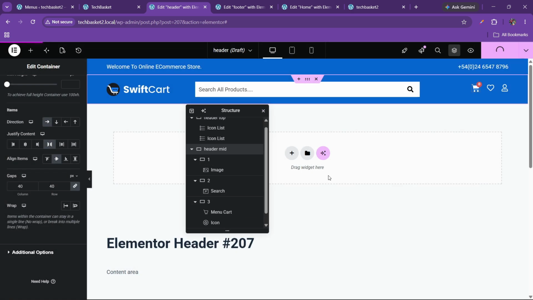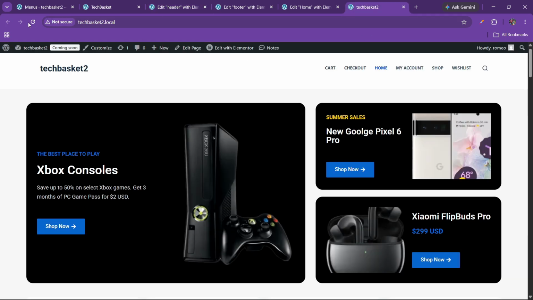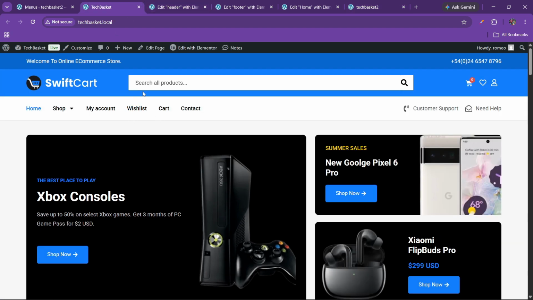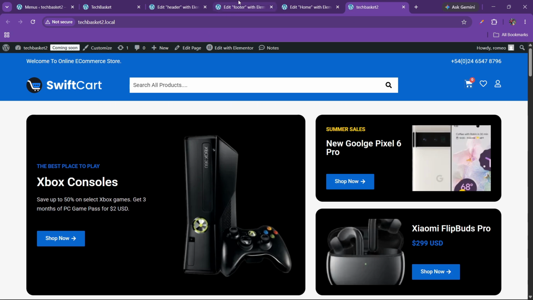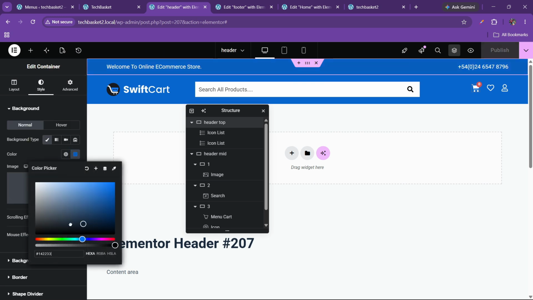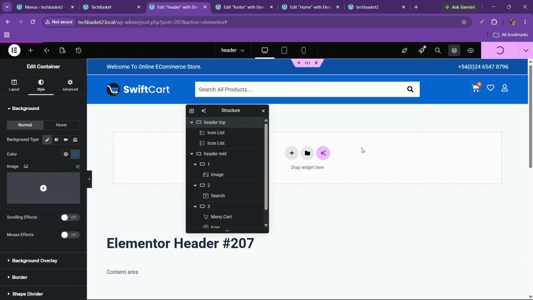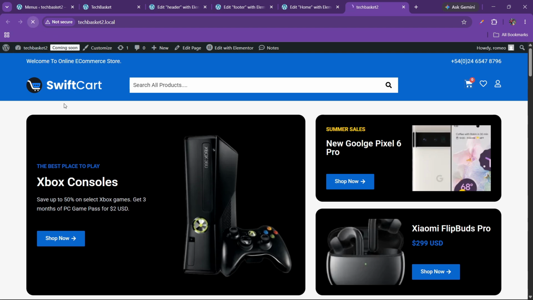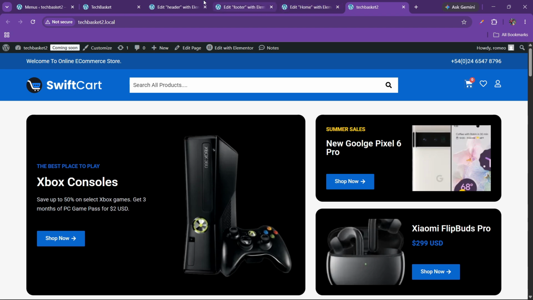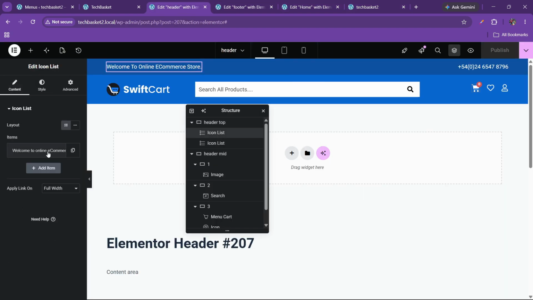Okay, let's see the entire site. Okay, now let's try to refresh it here, and after refreshing you can see our header will be loaded here like this. Also you can see this color is very much different from this. I'm not getting why this color is not changing, so let me try to update this color manually. Okay, like this. So this is looking great. Now we can just go here and refresh, and after refreshing you can see we have this here, and here also we can just